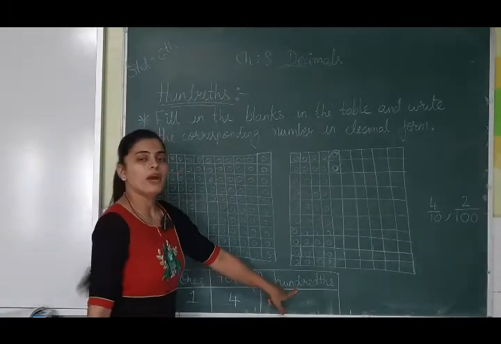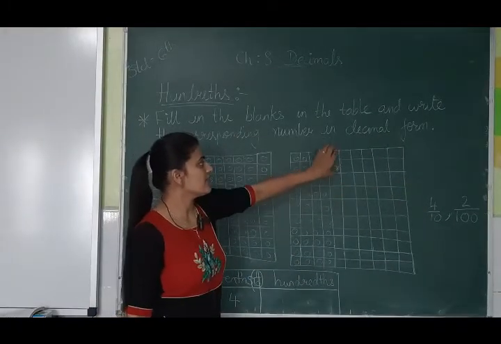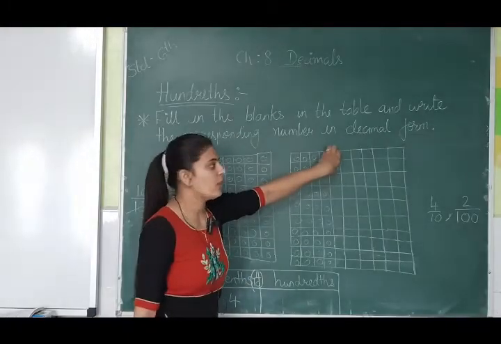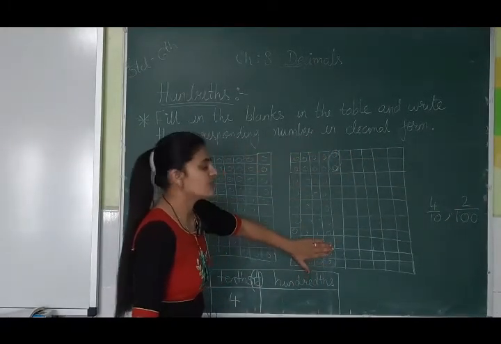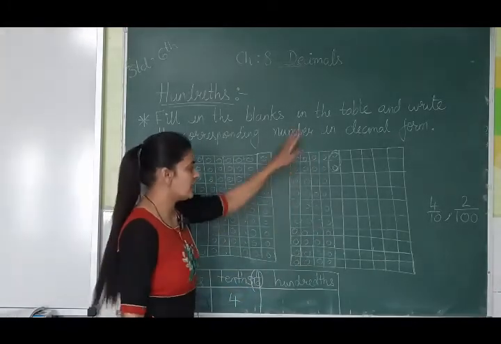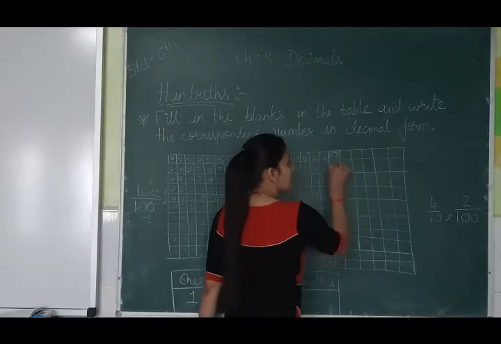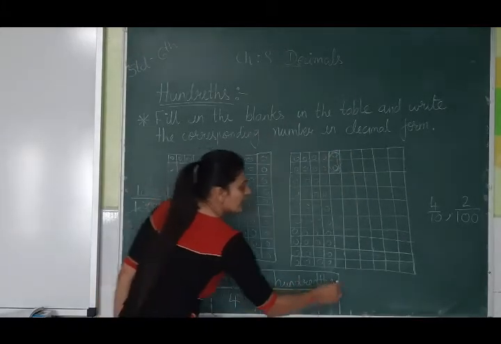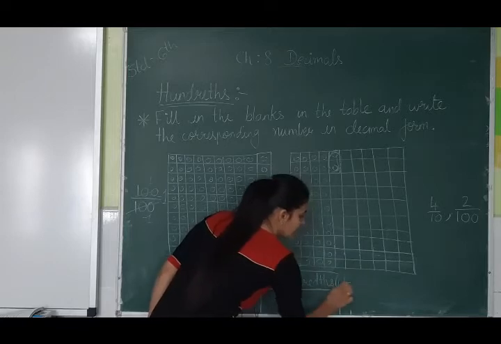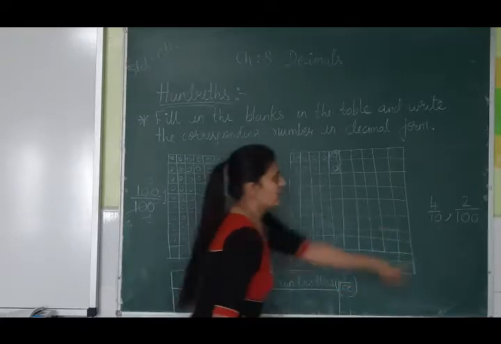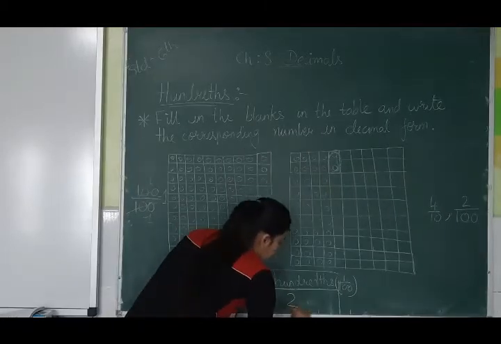Now about hundreds. Out of 100, how many are filled up? We will see which are less filled up. Only 2 are less filled up. This we will consider. This 4 we have already written over here, so we don't have to write it down again. Now what is left? Only these 2 are left. That 2 we will write down over here at the hundreds. 100 means 1 by 100. So at the hundreds, how many? 2 are there. So here write down 2.